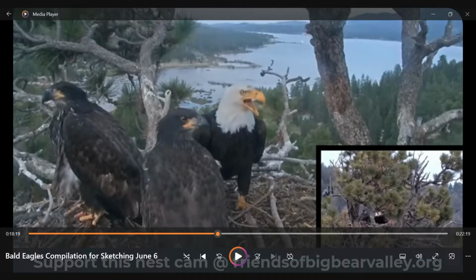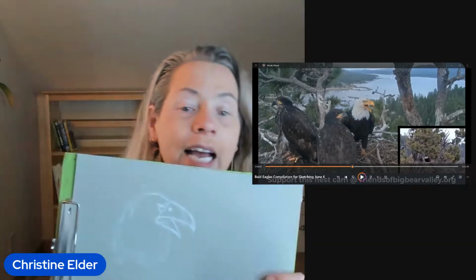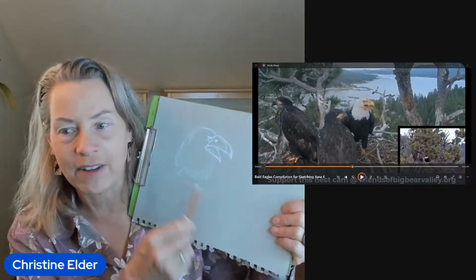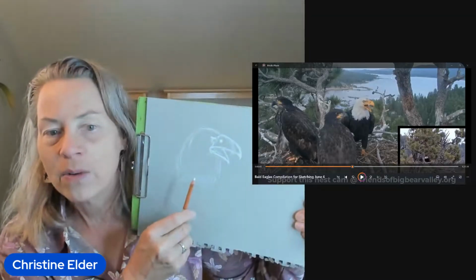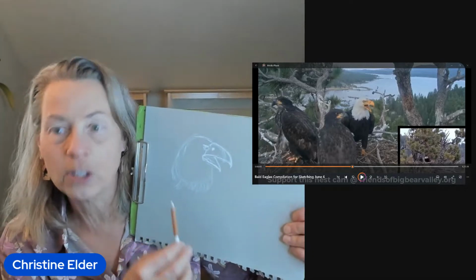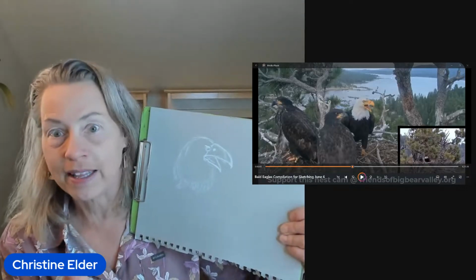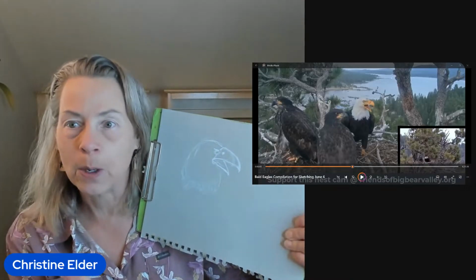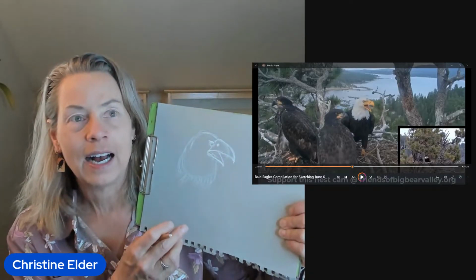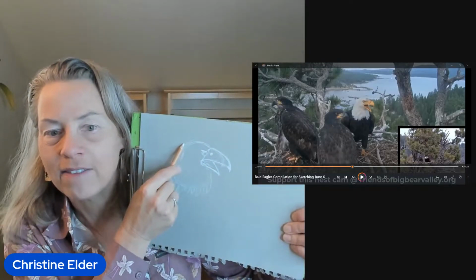Okay, so I'm going to show you something. Oops, let me see. Okay, so anyway, sometimes I'll just start my sketch with the white pencil so I don't feel as bad if I make any mistakes. Now, there is a mistake here that a lot of people make. Like I said, sometimes it's hard to get your proportions correct when something has really odd proportions compared to a robin that we're used to with a medium eye and bill. And so raptors have really big, beefy bills. And so you see how I made the bill big enough, but I didn't give it much of a head